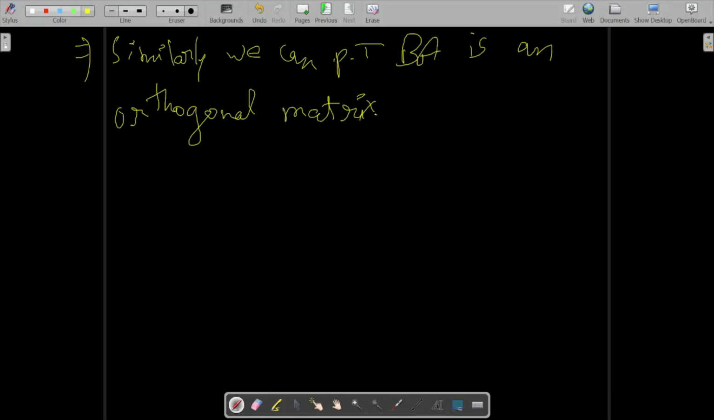Okay, so in examination you have to prove it. You cannot write that similarly we can prove like this or similarly we can prove like that. You cannot write that. In examination you have to in reality prove everything. Okay, now fifth property,